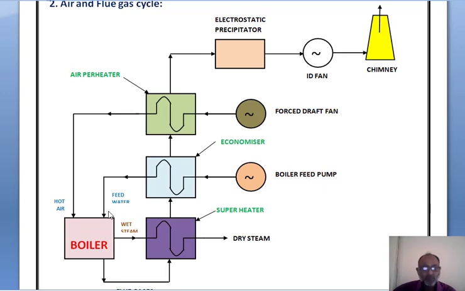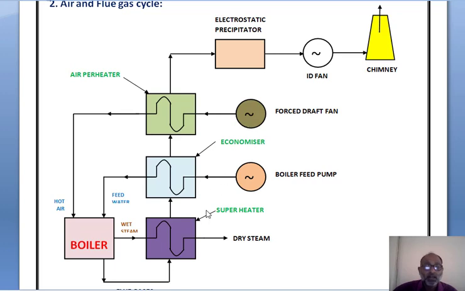boiler furnace is heated. Now the flue gases have some heat energy, and they also contain ash particles. If these are allowed to go into the atmosphere, it will increase pollution. So the ash particles are collected in the electrostatic precipitator. Now for sufficient combustion of coal, the proper air draft is required.